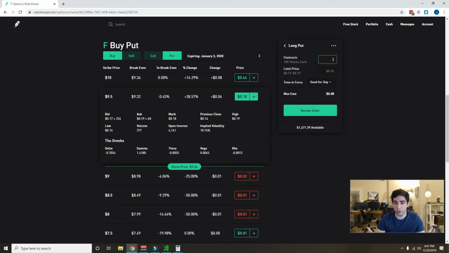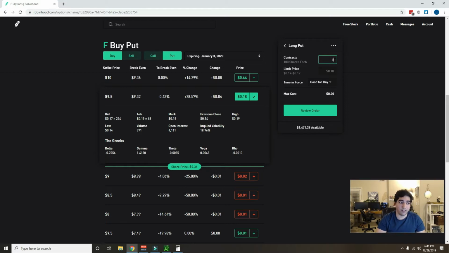Now, who are you paying this to? You're actually not paying the brokerage or anything like that. You're buying that contract from someone else in the marketplace. Which brings me to selling put options. I can be the person that sells this option to other people, and for doing so, that 18 cents a share, or $18, I would actually receive. Why would I do that? Well,